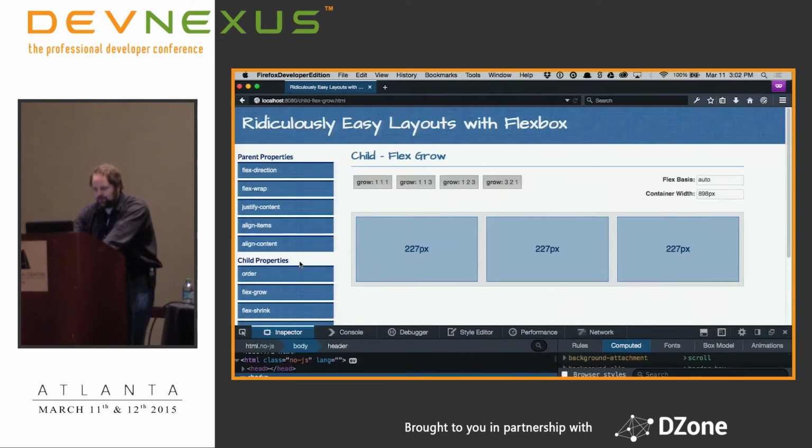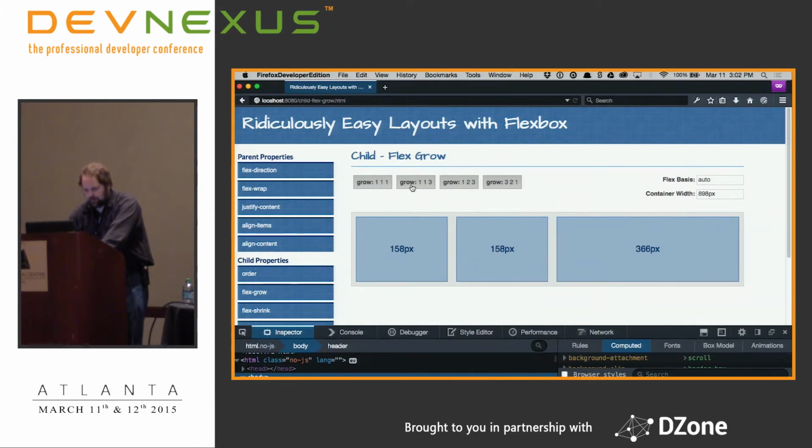Okay, flex grow. Now that we're in the children, we're not going to do the column and the row stuff, because that was really on the parent. These will just work horizontally or vertically the same way. So for flex grow, we have these 3 items that are 227 pixels, and I'm going to essentially proportionalize these, if that's a word,